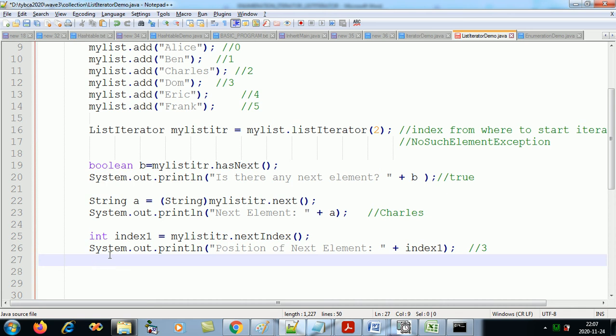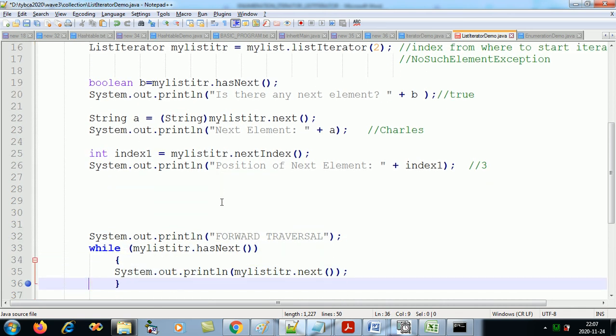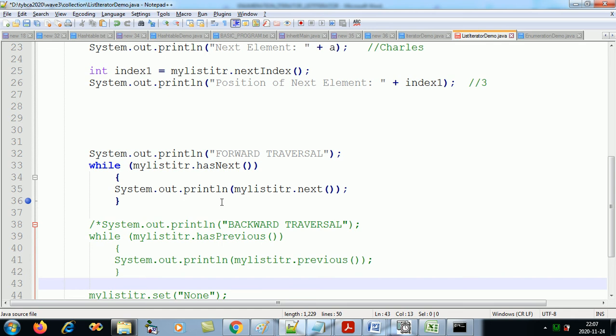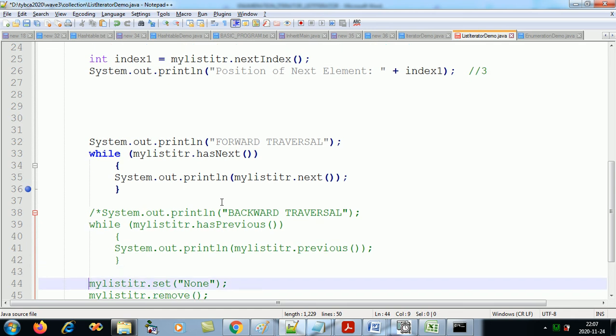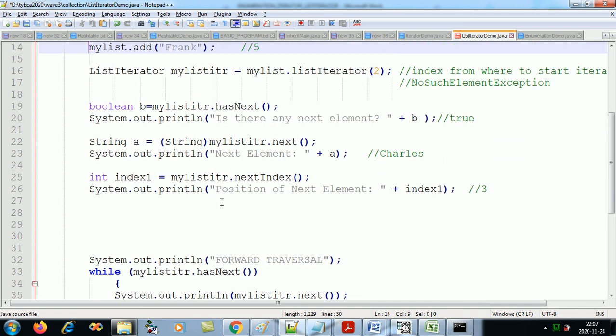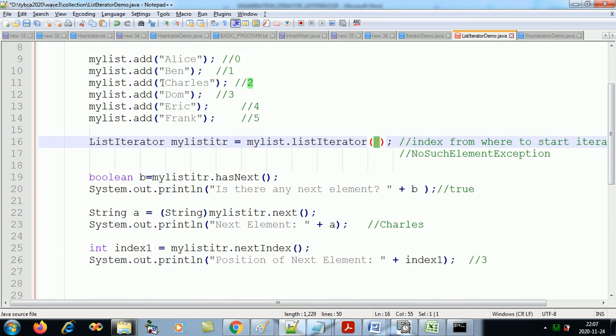Now this gives you single elements. If you want to traverse, we have both forward traversal as well as backward traversal. First let's traverse in the forward direction. I've commented out till here. We had started with index 2, which means Charles.